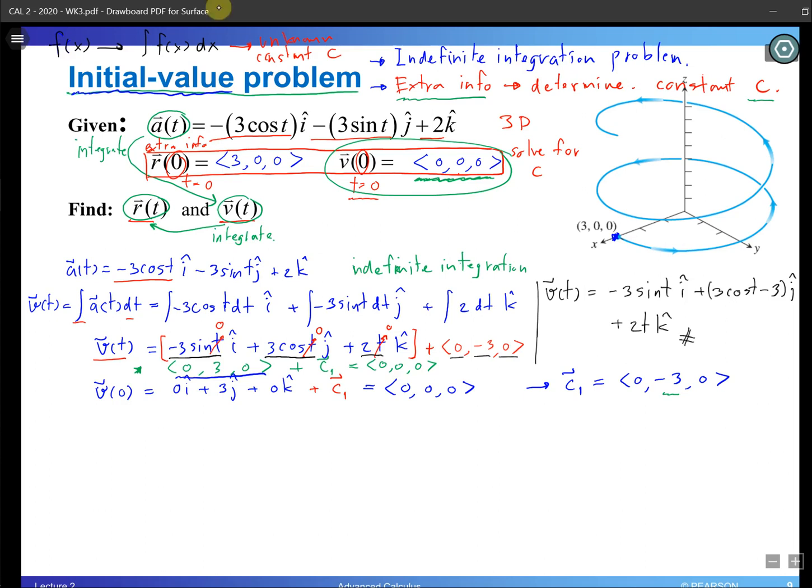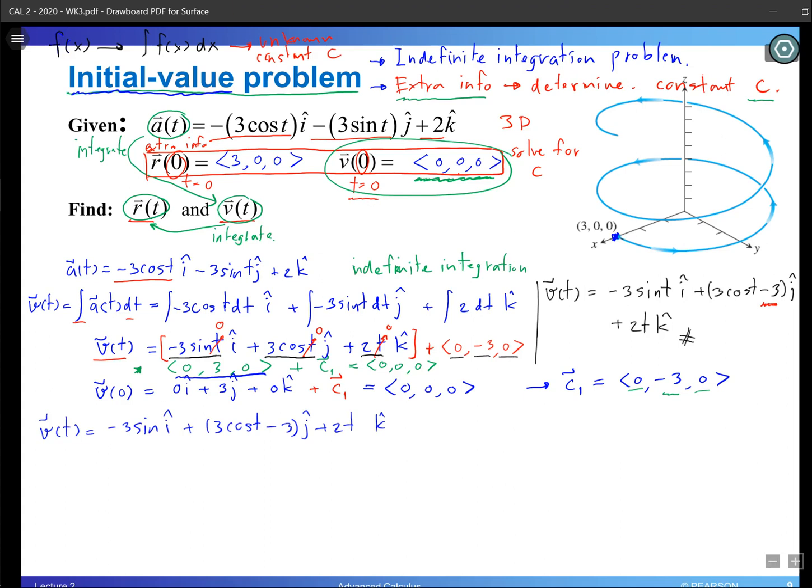So in the end, I just need to add this constant right here at the j component. The rest is the same because c has nothing on the i component and j component. Okay, so let's write it again here because we need to use it. v of t, the complete one, is equal to minus 3 sine t i plus 3 cosine t minus 3 j hat plus 2t k hat. Alright, so that is the first answer, but then this is not the end because we